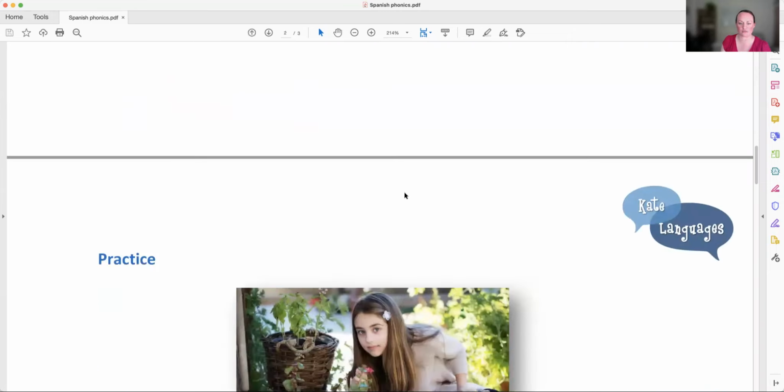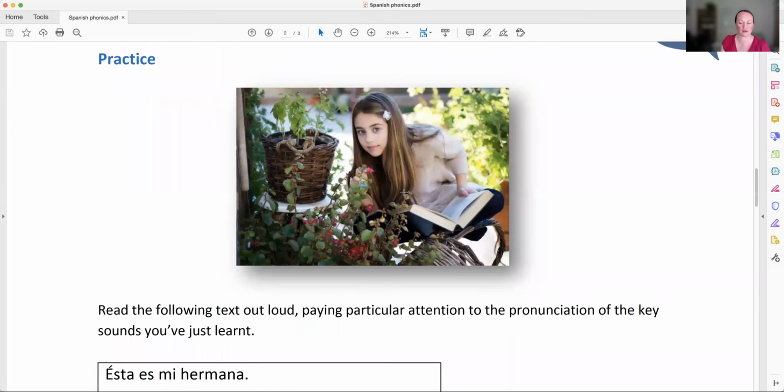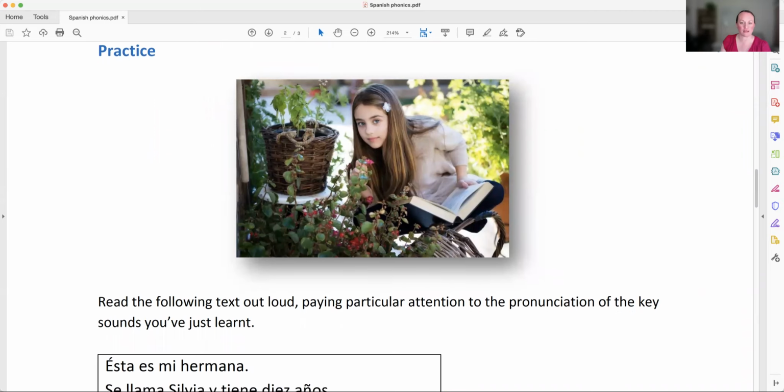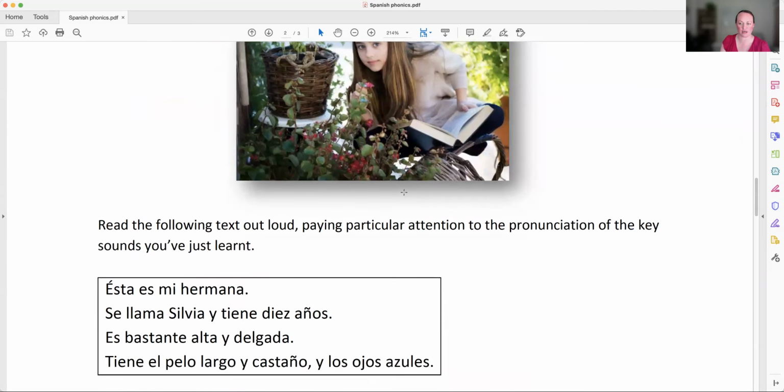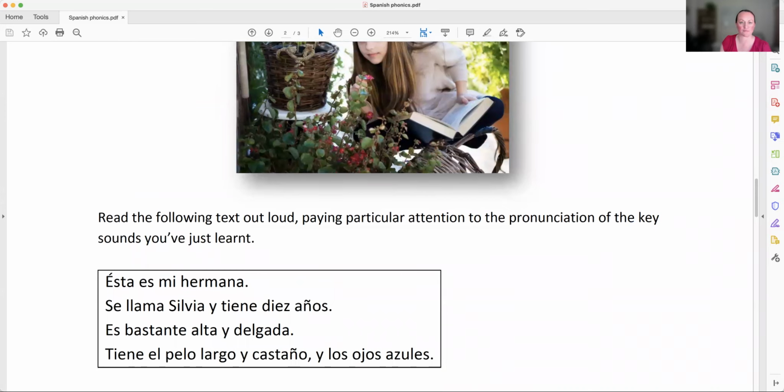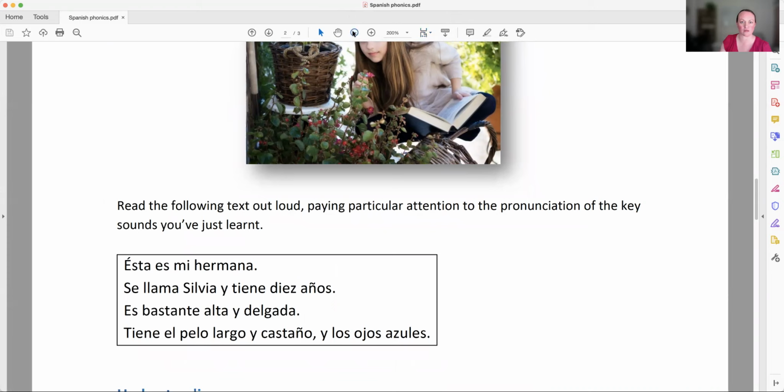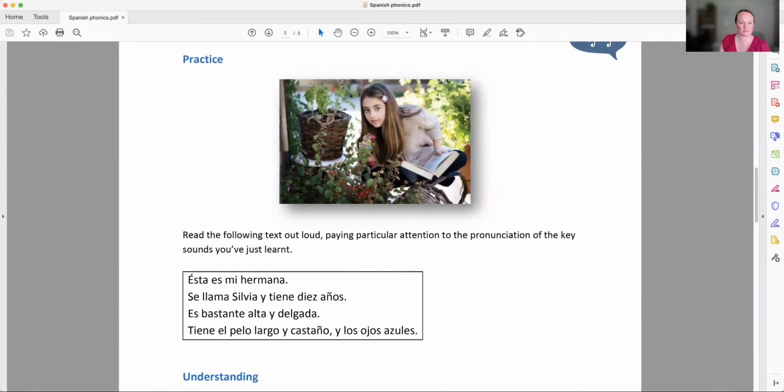Okay, so let's practice this with a short text. I'm going to read it aloud. I want you to pay particular attention to the key sounds that I've just been talking about. I'll just make this a bit smaller so you can see it better. I'm going to read each sentence and I'll pause so you can repeat after me. If you would prefer to try to say it yourself first and then listen to how I say it, that's fine, go ahead. I'll leave enough space between them for you to do that. Okay, so the text is: